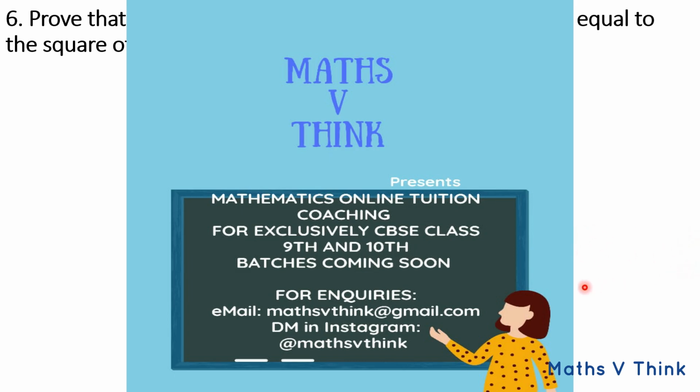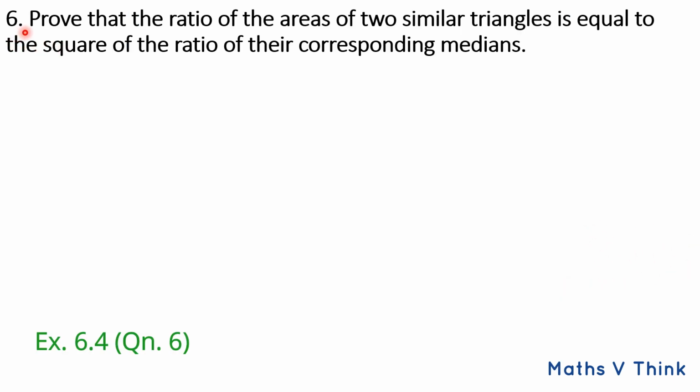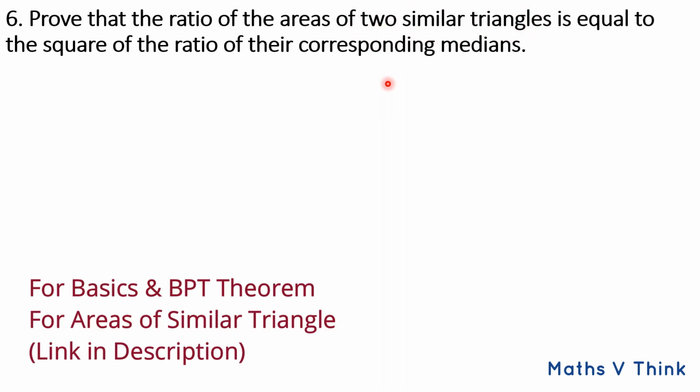So let's start today's session. The sixth question says prove that the ratio of the areas of two similar triangles is equal to the square of the ratio of their corresponding medians. So they gave two similar triangles. So first we'll draw two similar triangles,